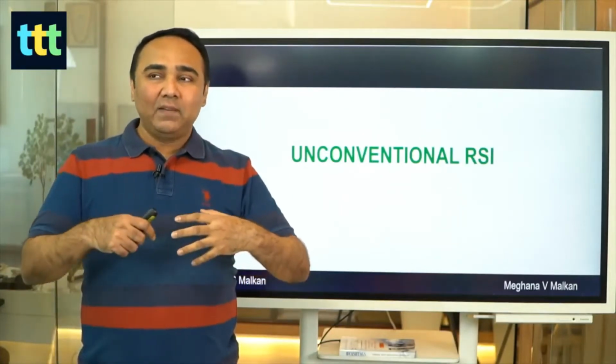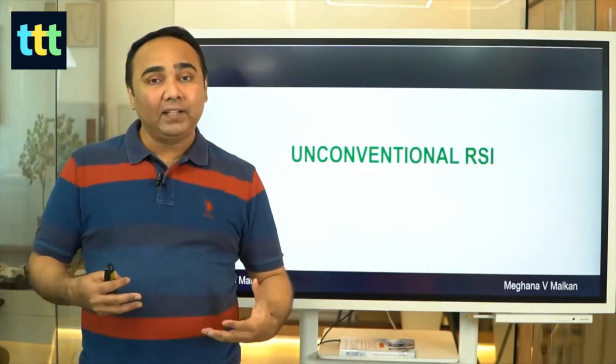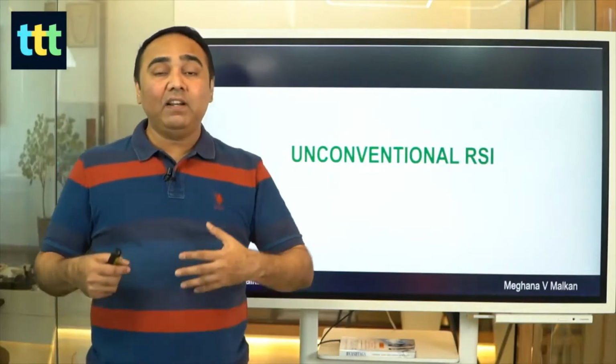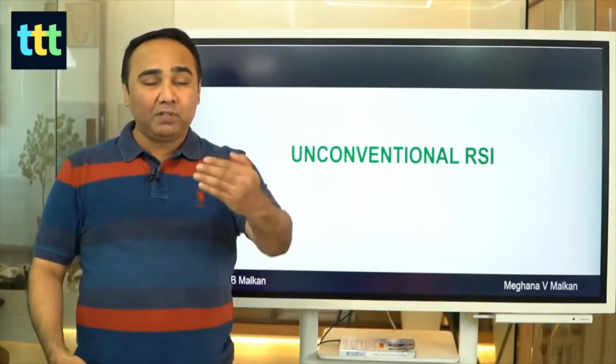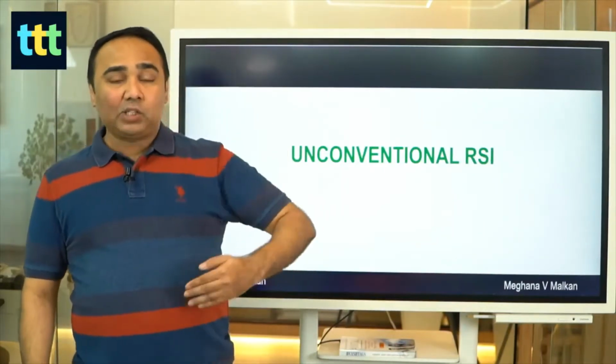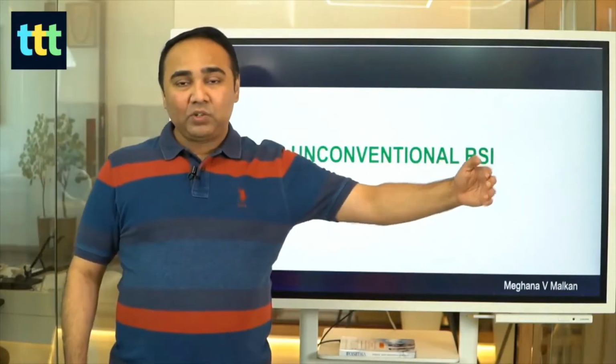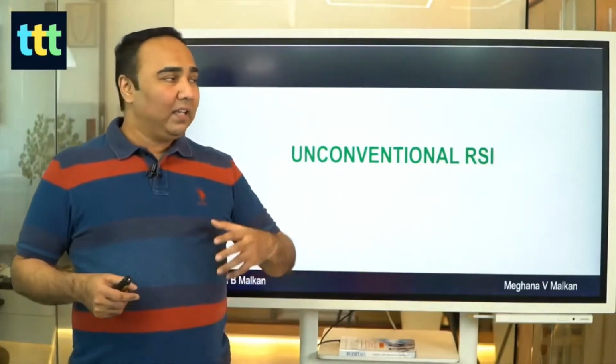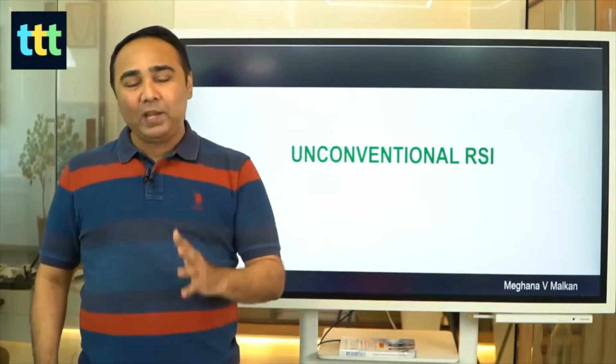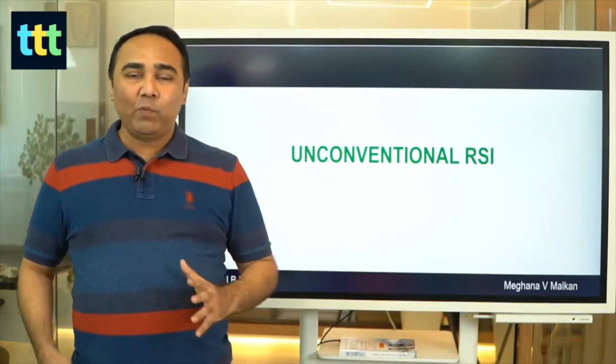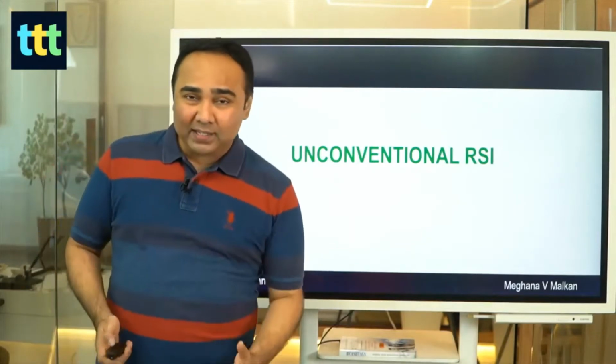It is very subjective, and you will see that even after a stock goes to overbought, up to 70 RSI, from there the stock goes and doubles and triples. So it's not very clear, and I think once you start looking at the unconventional RSI, it will completely change the way you look at the market, completely change the way you look at the charts. So let's see what this unconventional RSI is.